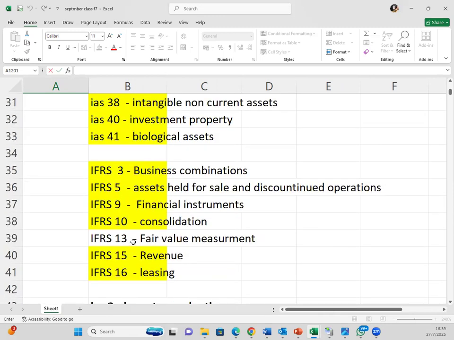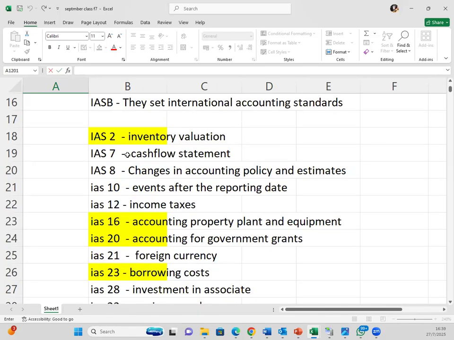So I think we can look at fair value measurement. So that's cash flow statement. Cash flow statement. So the next standard is, let's look at,